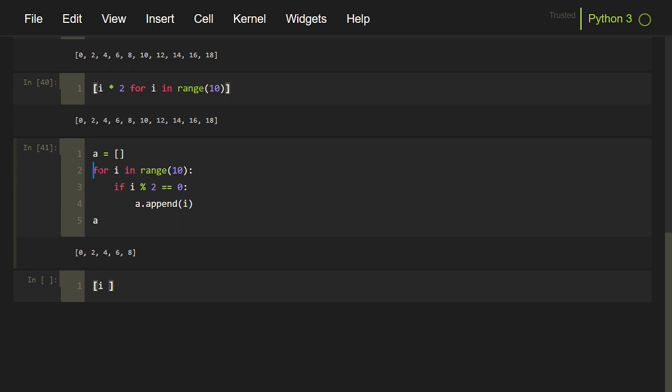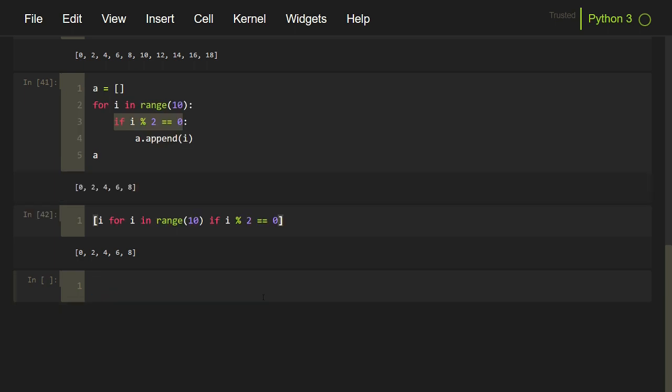So the first expression we will add is the for statement, a space, and then the if condition, and it will return me the same list as before. This is an alternative to the filter function which we have discussed in one of the previous videos of this series. This order changes if we want to use an else clause in list comprehension.